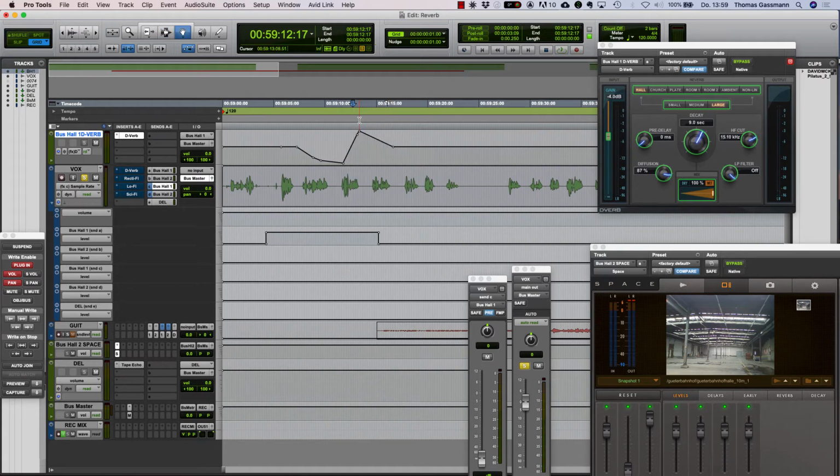You see how you can create infinite reverbs like this by just